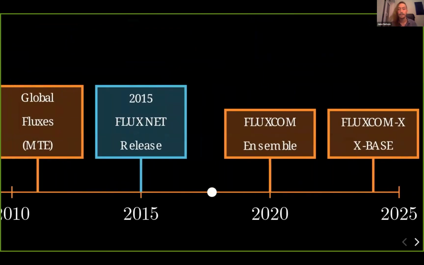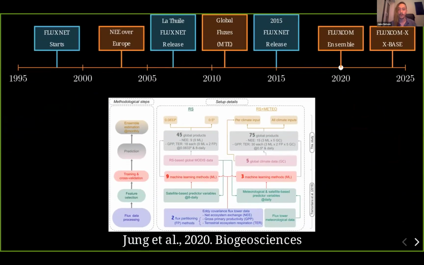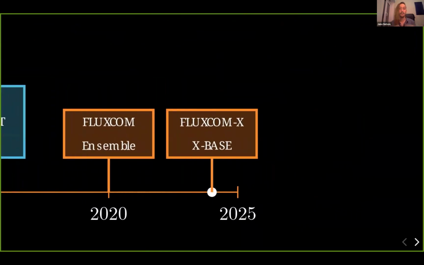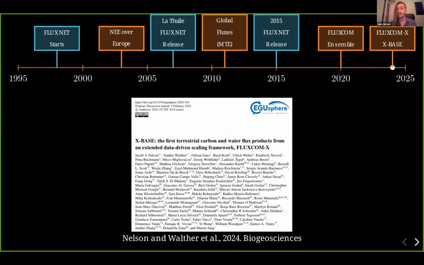And the question really became, how do we understand this upscaling? We don't have a lot of global benchmarking, so let's do an ensemble comparison of products, looking at different machine learning methods, different meteo forcing, different remote sensing setups. We summarized that in 2020, showing our key findings from all the past work. Then we said, let's rebuild the whole thing from the ground up. So it's not an esoteric collection of MATLAB scripts, but instead a framework